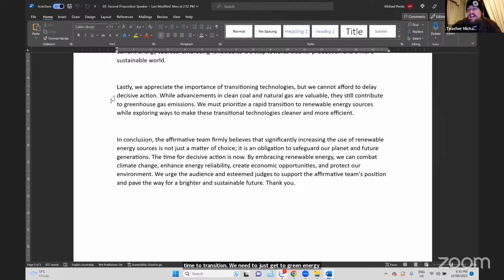So again, there they are just trying to take apart any counter arguments made by the opposition. While advancements in clean coal and natural gas are valuable, they still contribute to greenhouse gas emissions. We must prioritize a rapid transition to renewable energy sources while exploring ways to make